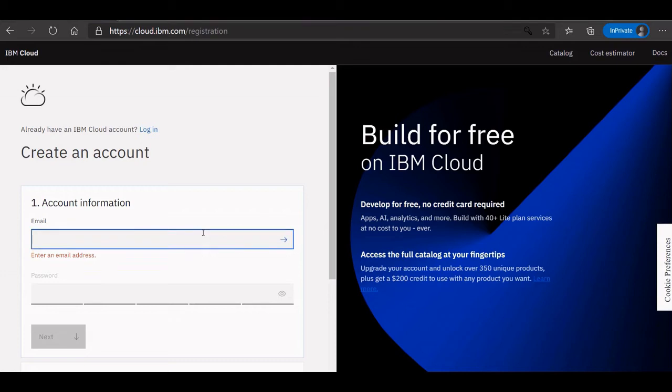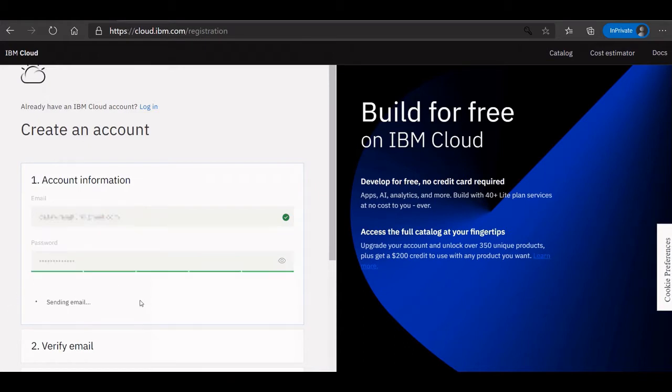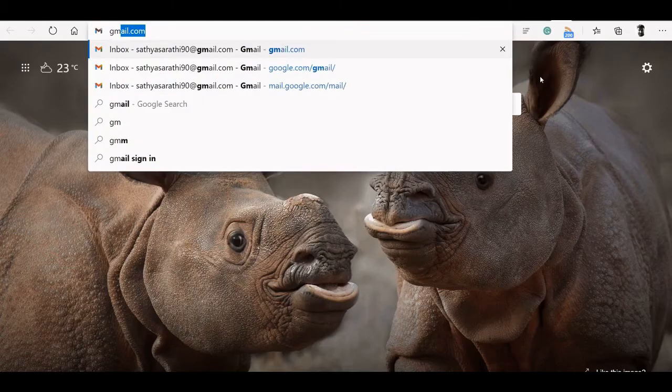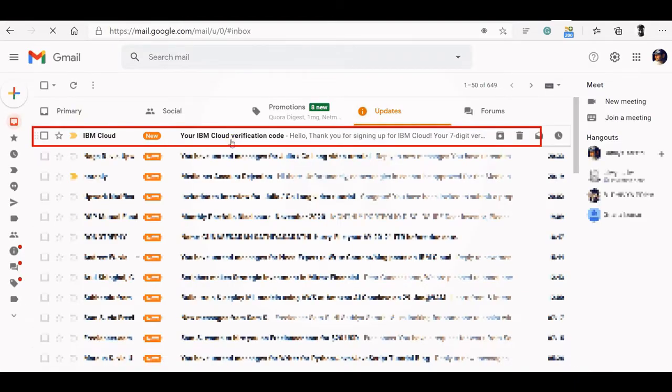Head over to cloud.ibm.com/registration. Before we begin, we need to create an IBM Cloud account, which is for free. You just have to specify your email name and password, and you head over to your email inbox. Copy the code, paste it over here,